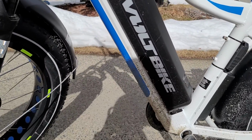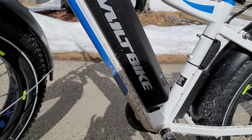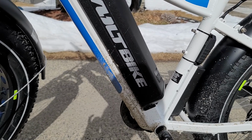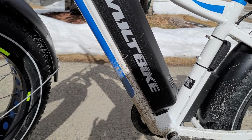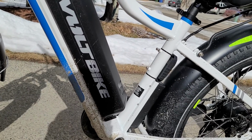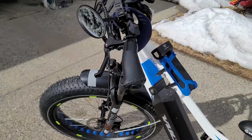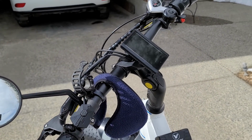And it is 19.2 amp hour, and it's a bigger battery than the Rad bike. I think theirs is 16 amp hour. So the more power that you have in here, the longer your trip could be and the more enjoyable. I find that in my experience riding this bike, the pedal assist, I use about usually 1 or 2 when I'm in the city,